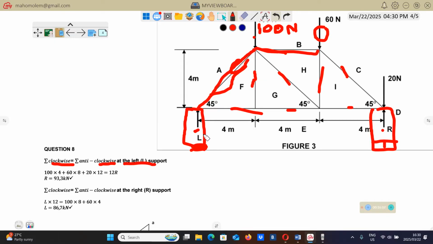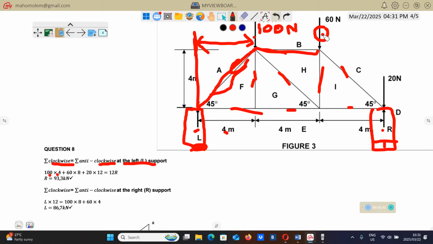All distances must be measured from L. So the perpendicular distance from here to there is 4. So you'll have 100 by 4